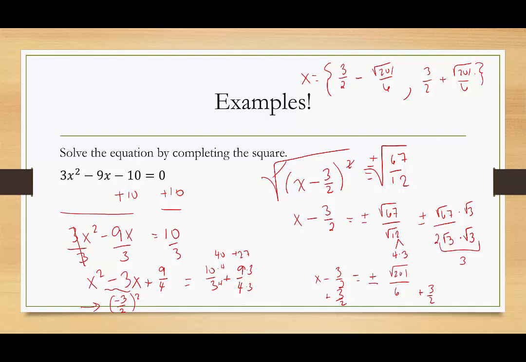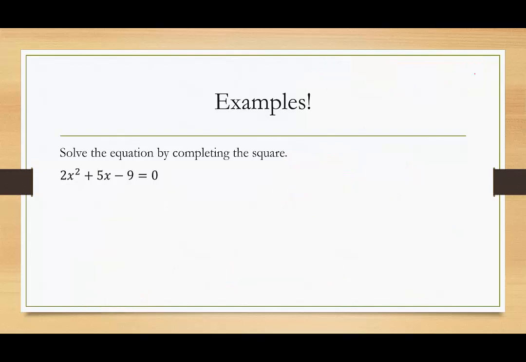Okay, one more example where, as if this wasn't complicated enough, we're going to take it a step further. Hold on tight. Okay, first thing, we need to add 9 to both sides. This gives us 2x squared plus 5x is equal to 9. Next, we need to divide by the coefficient of x squared, so every term is getting divided by 2. This will give me x squared plus 5 over 2 x, I'm going to leave a space there,